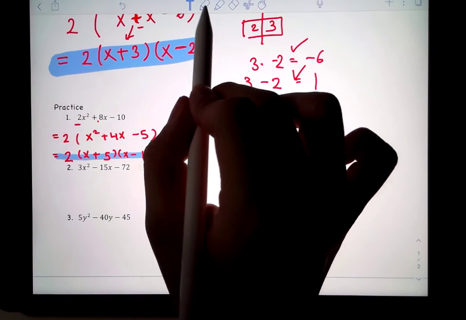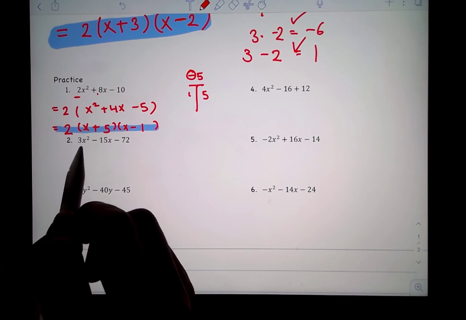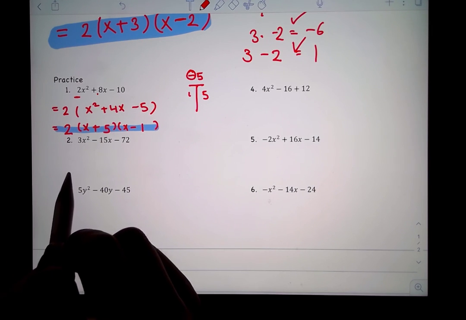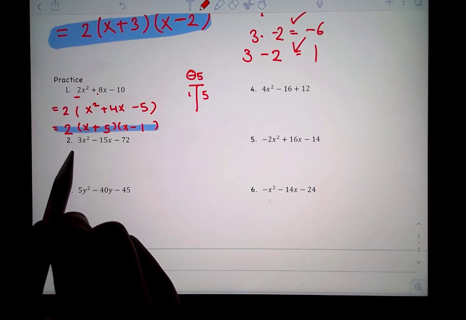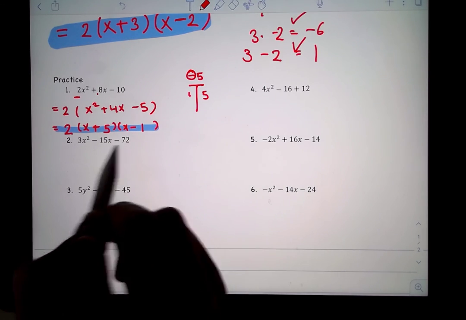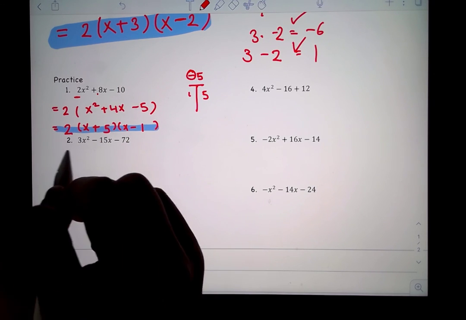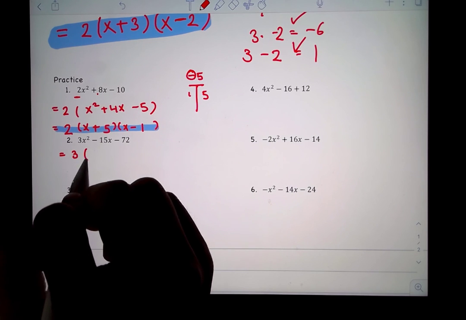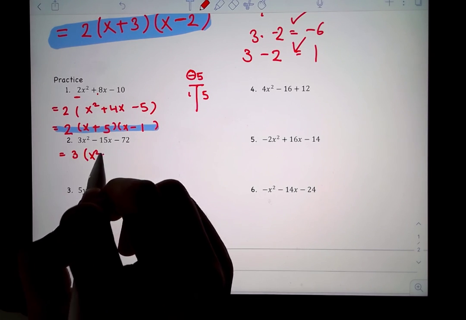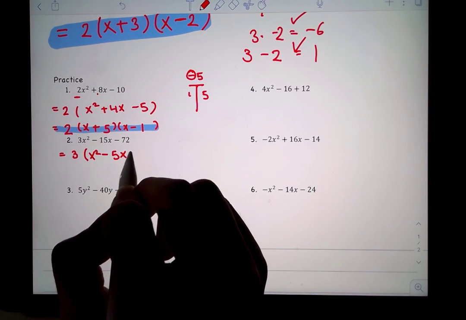I will show you more. Number 2. Now you got 3, right? So my A is not 1. Then what do we do? We check if you can factor by your A. So 3, 15, 72. All of them are multiples of 3. So you can factor by 3. So 3, and then do it. x squared. 15 divided by 3 is 5. 72 divided by 3, then that is